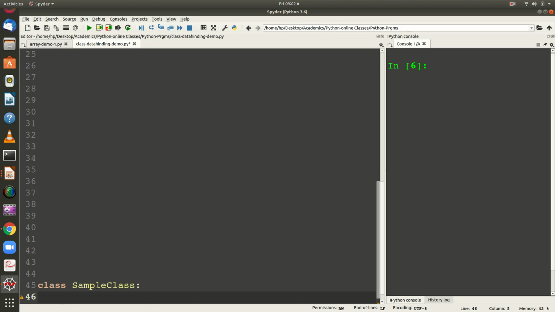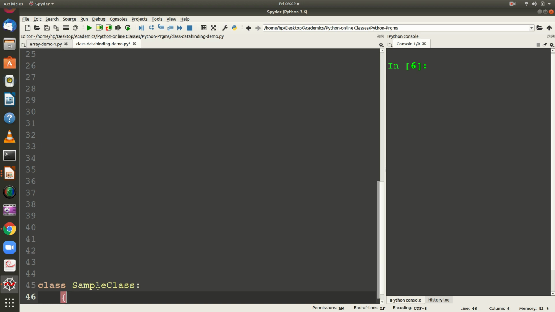In C++ or Java we can simply have curly braces, and this is enough. But here curly braces are not there, only indentation is used for defining the data members and method members. So in this case you cannot have an empty class.